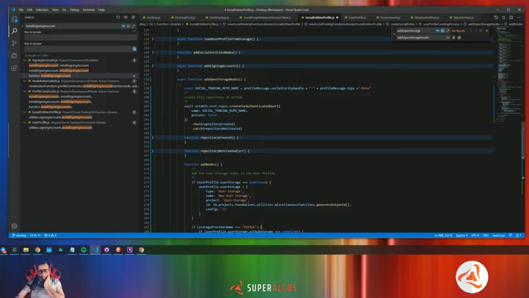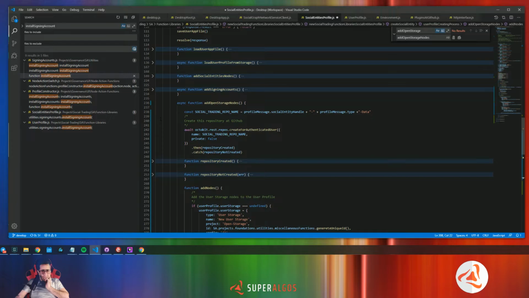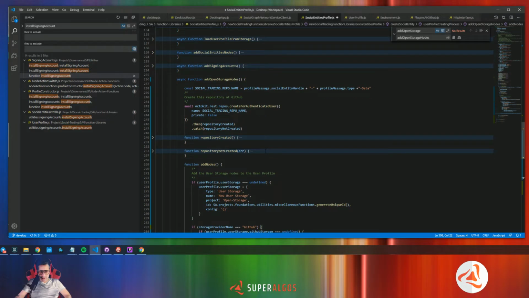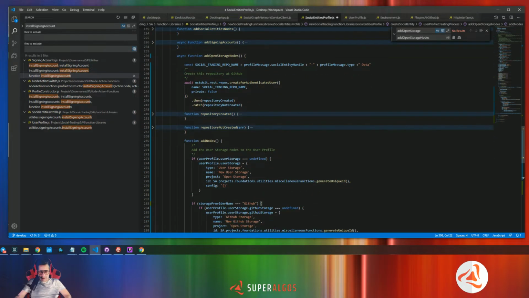This is not clear to me. Okay, more GitHub problems ahead for sure. So